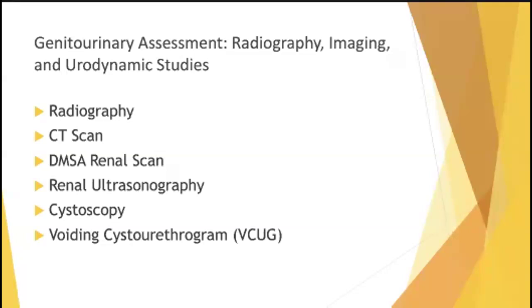A cystoscopy is a lighted telescope lens that goes in through your urethra up into your bladder, and it shows us a visual of your lower urinary tract. And this is useful for visualization of tumors, removal of stones if they've dropped into the bladder, biopsy of bladder tumors, and then avoiding